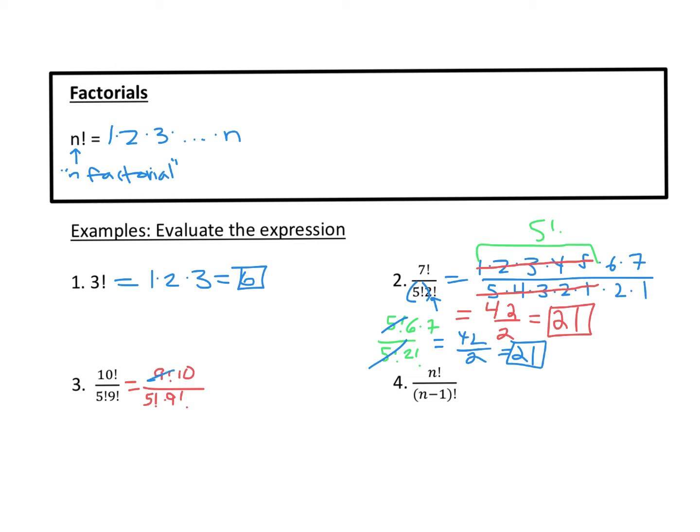These 2 9 factorials cancel out. I get 10 over 5 factorial. So the bottom of this fraction is a little bit long, but the top is pretty nice. I get 10 over 5 times 4 times 3 times 2 times 1. Again, you are welcome to multiply the whole denominator out, or if you want, you actually know that 5 times 2 equals 10, so you can cancel those out with the 10. That's just a shortcut. You don't have to do that shortcut, but my final answer is going to be 1